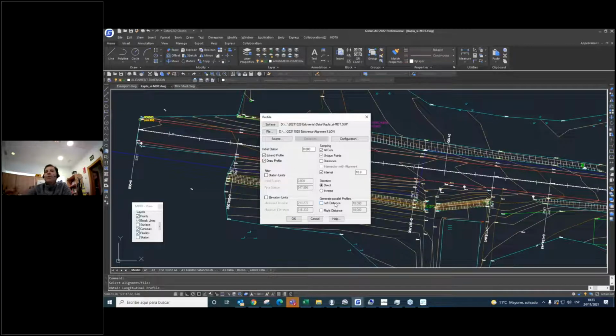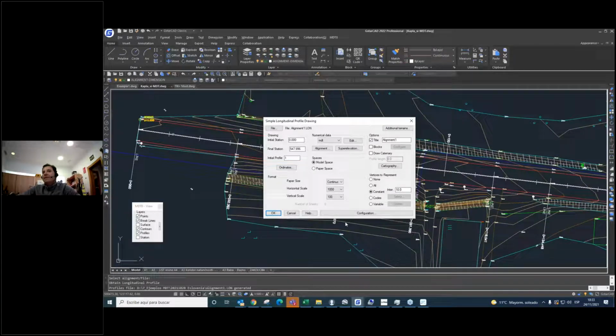If you work with electrical cable, in an electrical line, you can create parallel profiles on the left and on the right at the same time with one equidistance. But in this case, we use this configuration. I'll click on OK, and here is how to represent the profile.